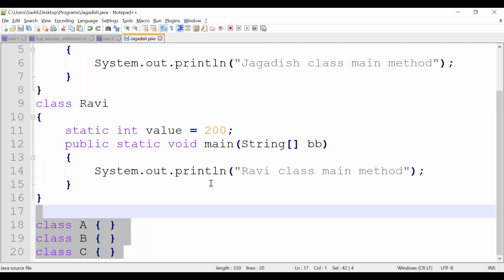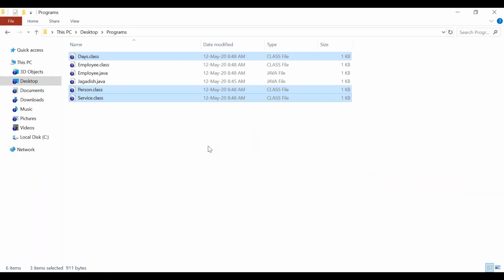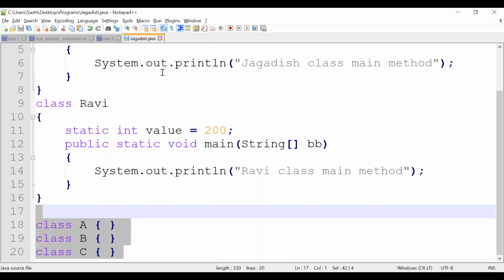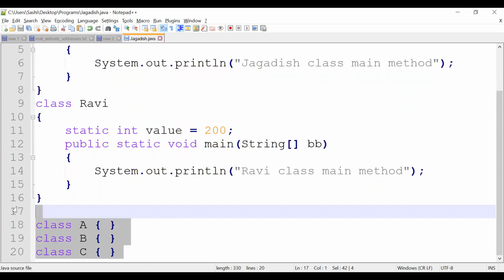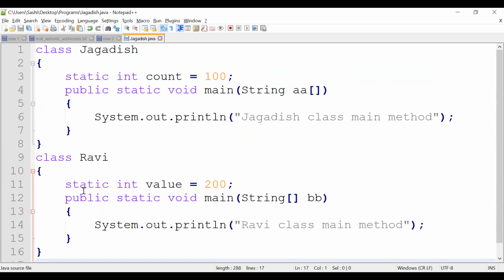So let me delete this. Again, let's go back to our class. This is our class. Let me remove this class ABC also. Now again we are coming back to the same class. Inside this .java file there are two classes. One is Jagadish, another one is Ravi.